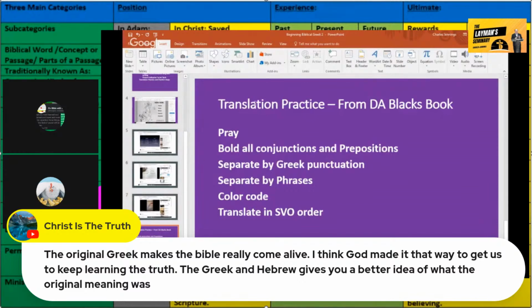And then we come to this translation practice. As I've already explained, these practice exercises are from David Allen Black's book. And the first thing, and it's very important that Greek students recognize this, is they're going to need